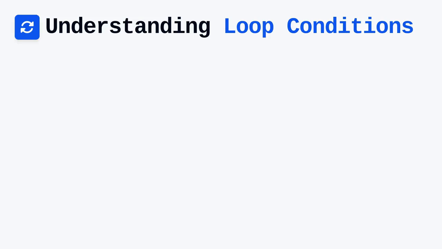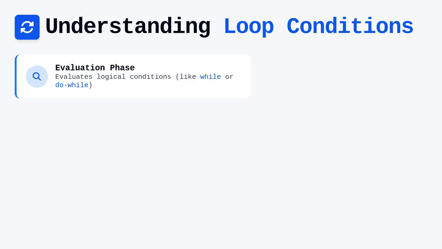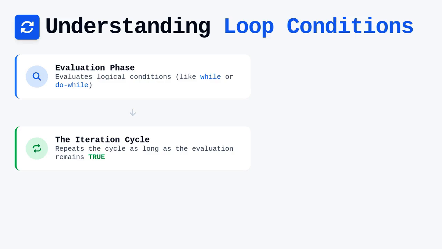Sometimes, the logic dictates an indeterminate number of iterations, leading us toward the loop condition block. This mechanism functions similar to a while or do-while construct found in traditional programming. It evaluates a logical condition before each iteration, continuing the cycle as long as the evaluation remains true. This becomes indispensable when checking for the appearance of UI elements or waiting for a specific file to be created